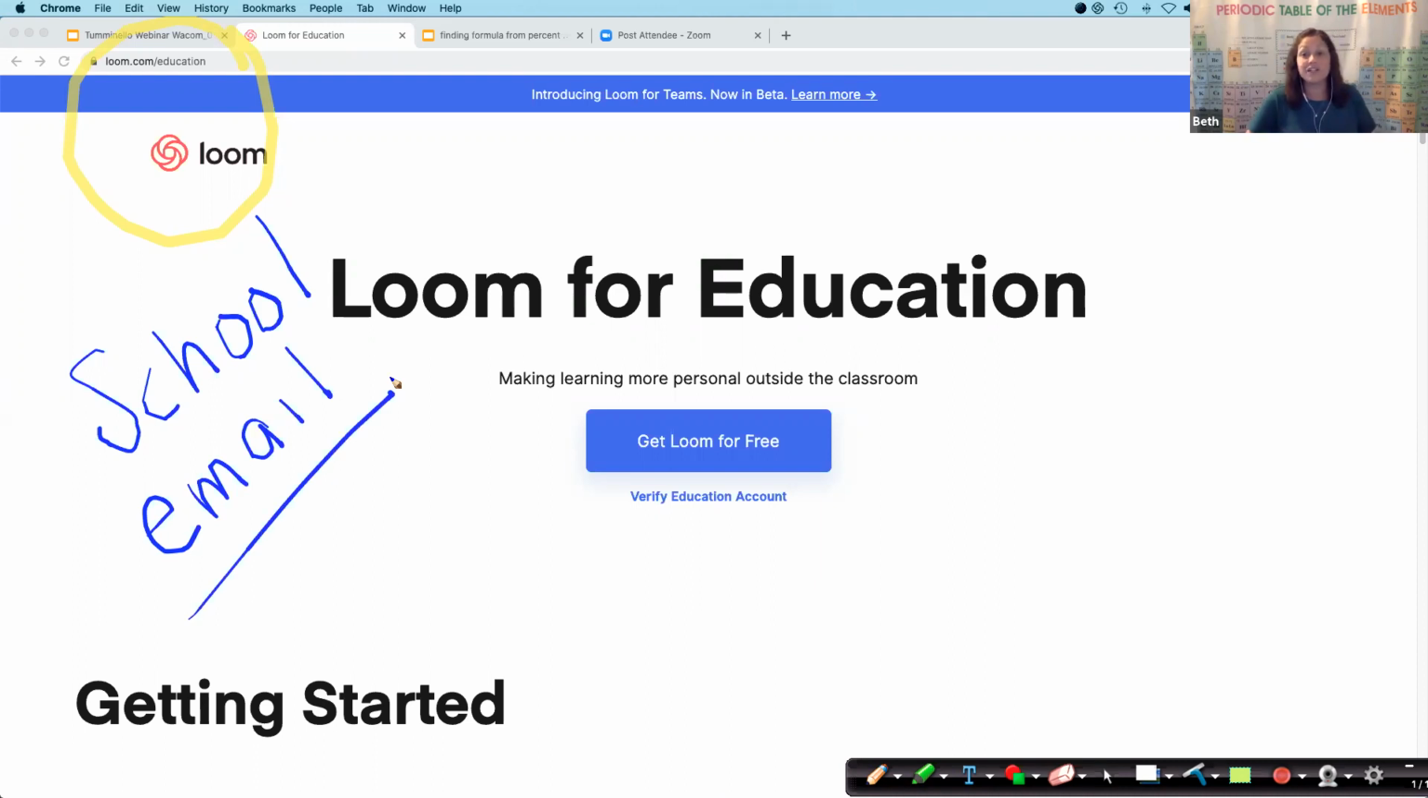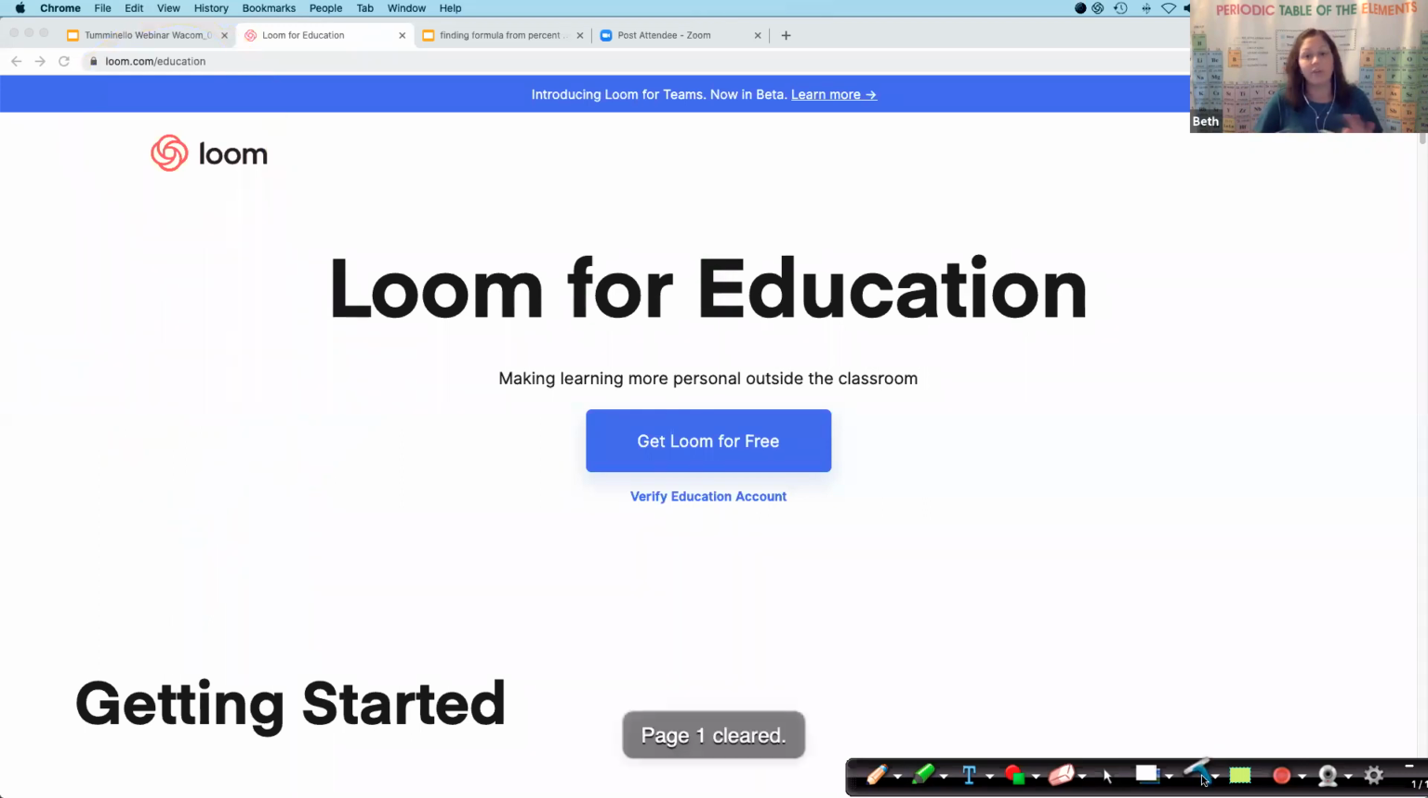If you sign up for Loom using your school email on this page, they will activate your account as a fully functioning, free account. So you'll get all of the functionality of Loom without having to pay for it. And Loom, once you download it, it gives you a